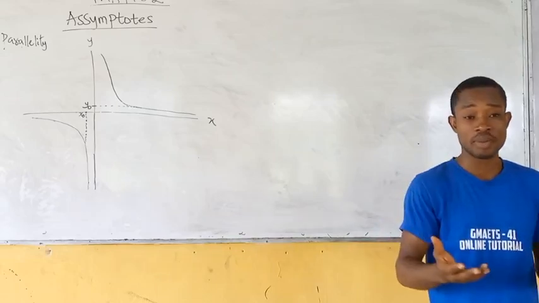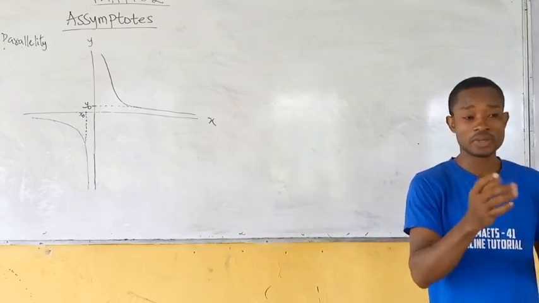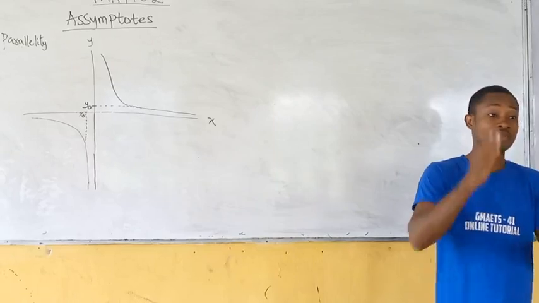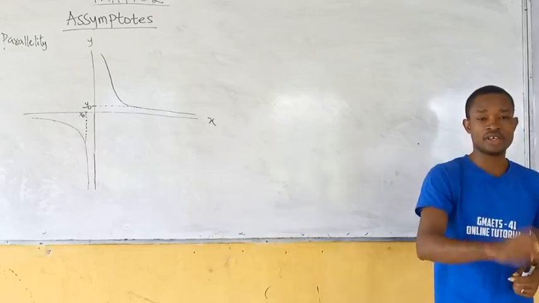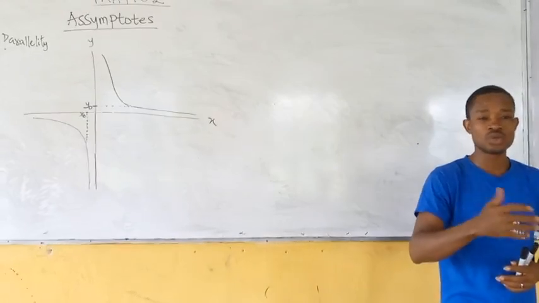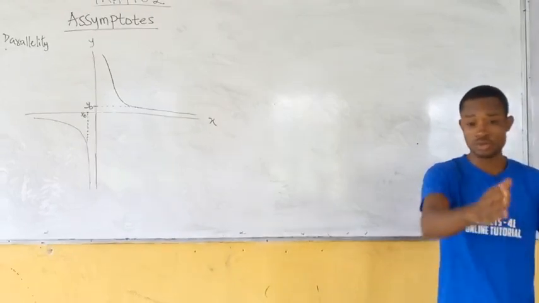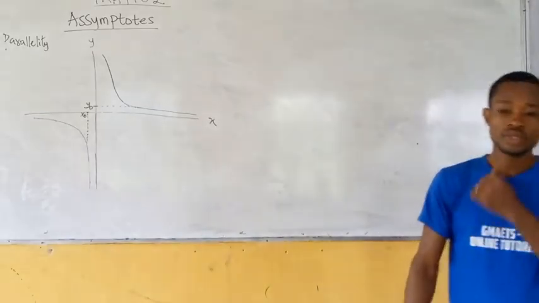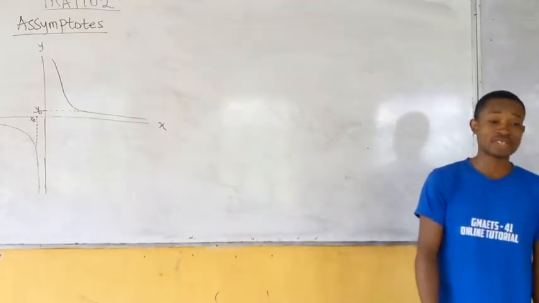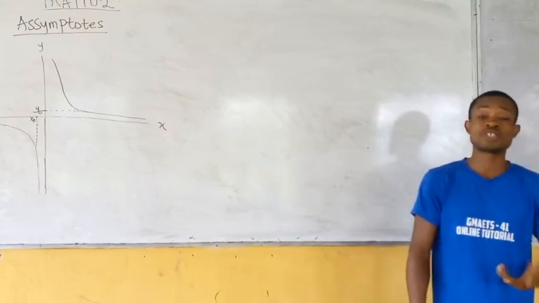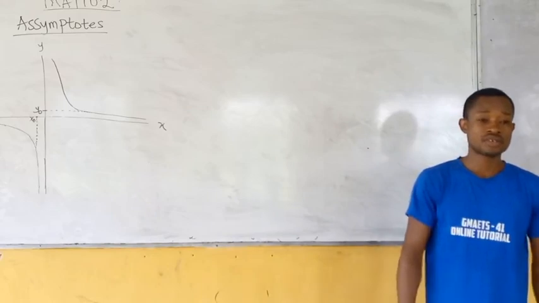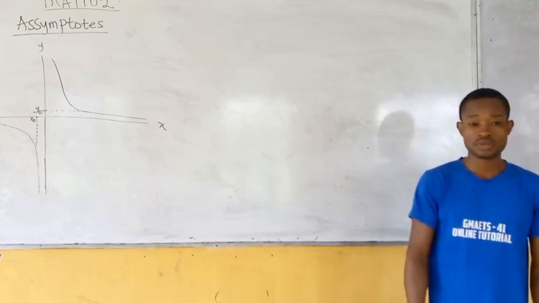Note please, for this vertical asymptote specifically, there is something I want you to note. I've given you the general thing you need to know about this. But there is one basic truth you should know, because of the way exam questions are usually presented on this topic. Are you getting me right? For that reason, what we usually do is to set the denominator equal to 0 for vertical asymptote. So note, in most cases, let me not give a generalization. Are you getting me right? But this, what we're about to say now, happens in most cases because of the way the exam questions are usually presented. In most cases, for vertical asymptote,